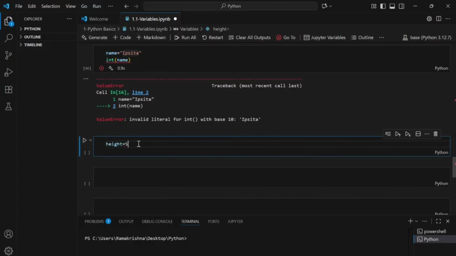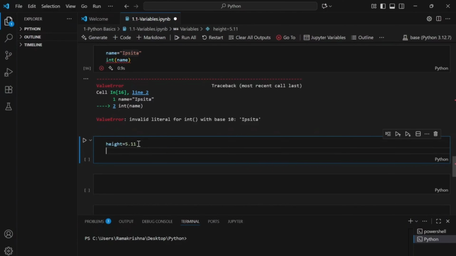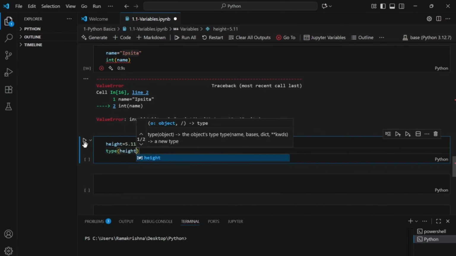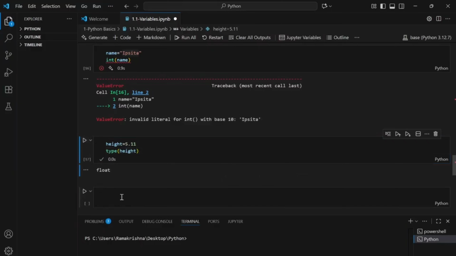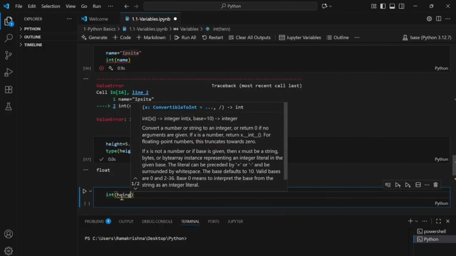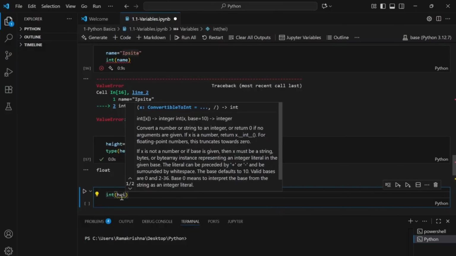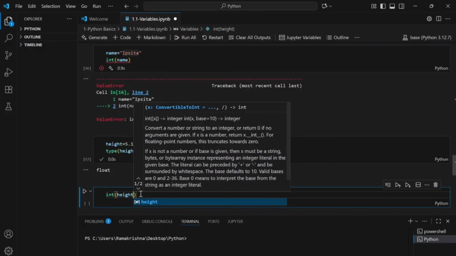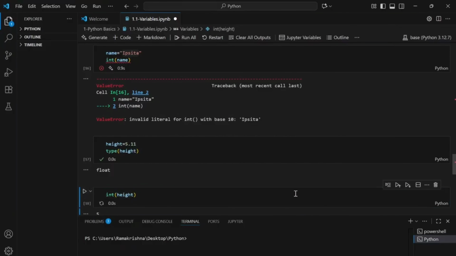Okay, now let's go to the next example. Suppose height is equal to 5.11, and I'm trying to check the type of height here. So this is float as of now. If I try to convert this to int, will this work? Let's check.